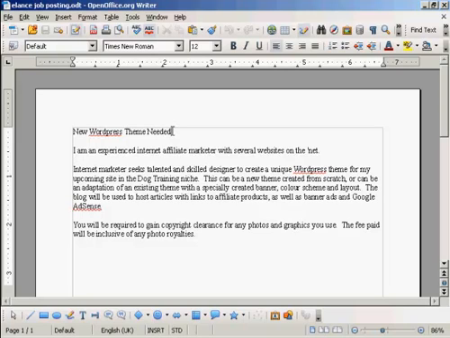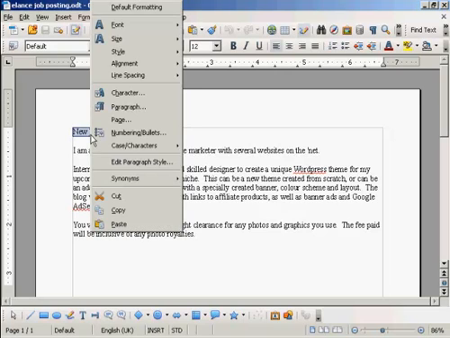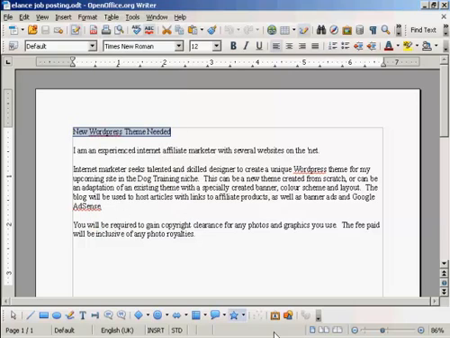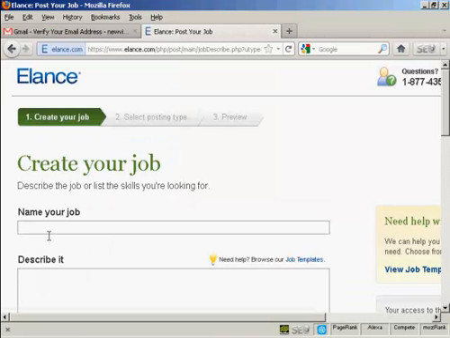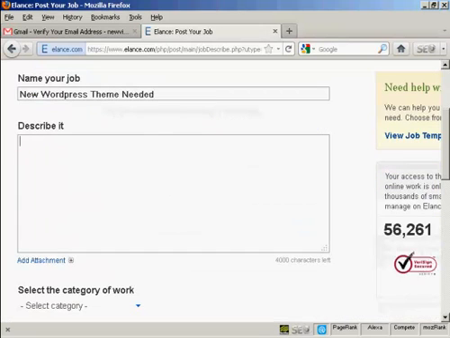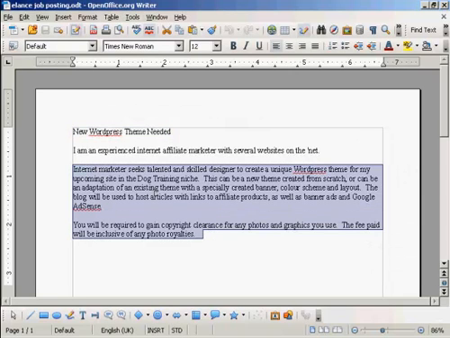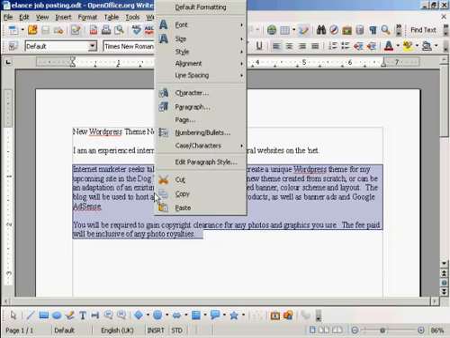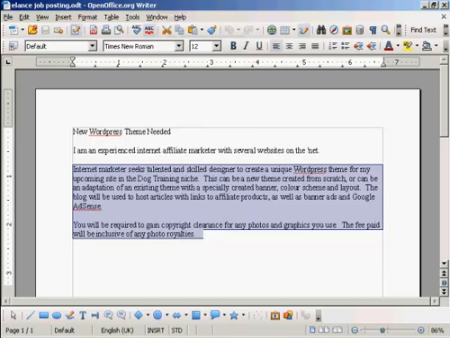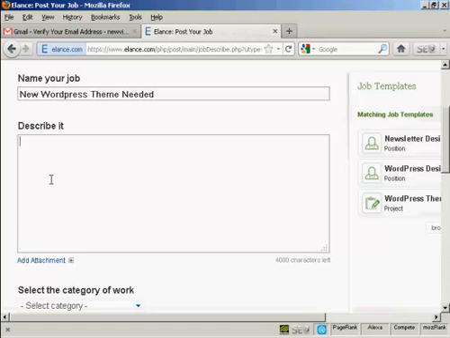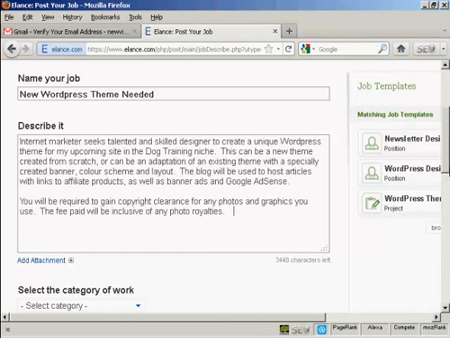So this is the job that we're going to post. New WordPress theme needed. So I'm going to highlight all this one paragraph at a time and copy that so we can put that in, and then here is my job that I want to have somebody do. I can post that in,